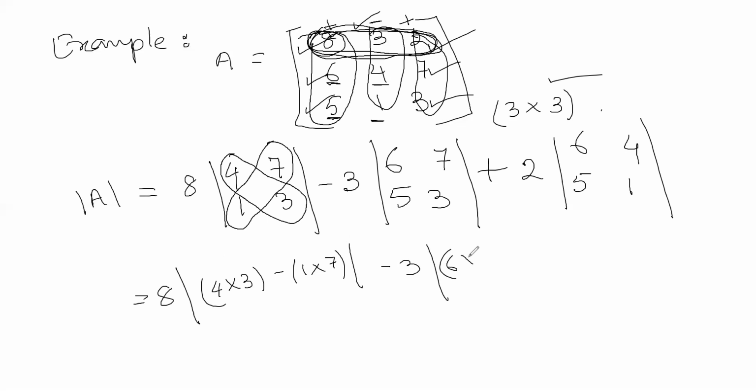So we will get 6 into 3 minus 5 into 7. And then we have 2 over here. I'm sorry, it should not be this sign. And I will multiply here 6 into 1 minus 5 into 4. Okay, so this is equal to then